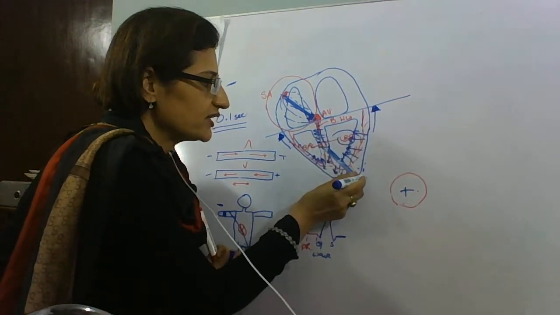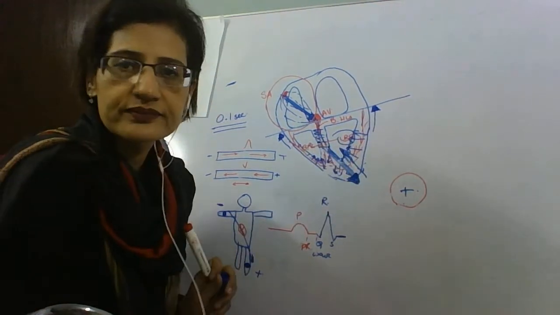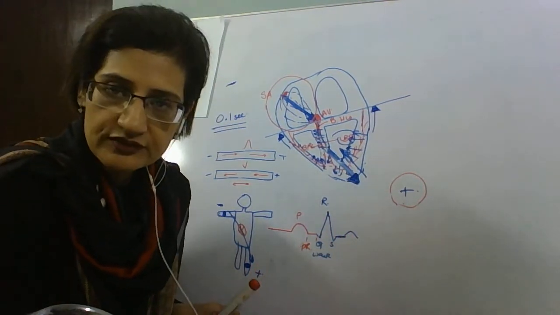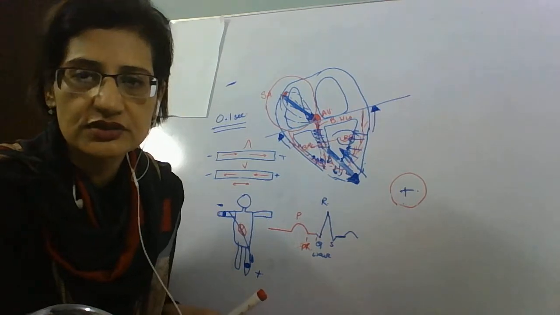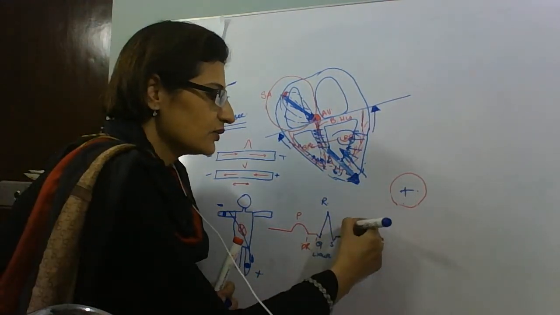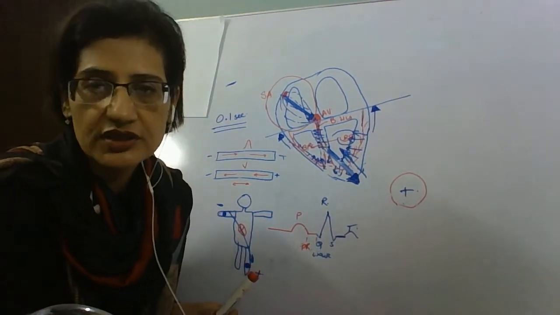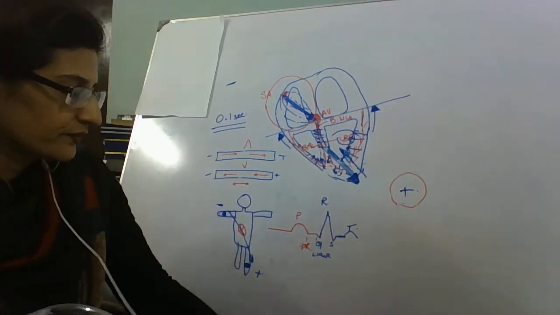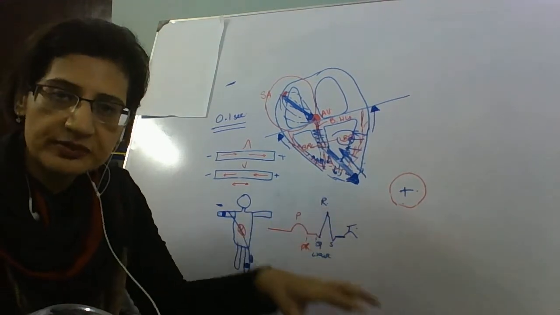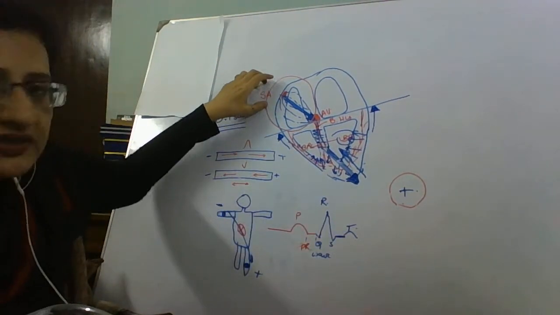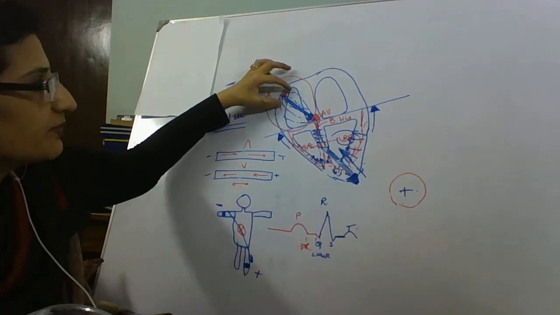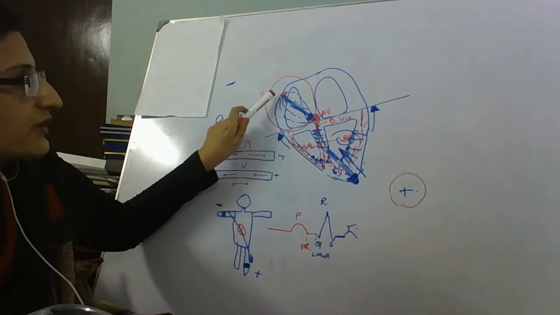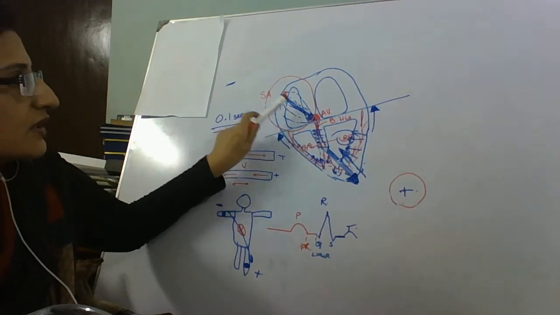So the net vector would be this, and this would appear in the form of the T wave, a positive deflection, which indicates ventricular repolarization, right? So again, to summarize, we start from the SA node, various impulses passing from the various fibers, interatrial fibers,